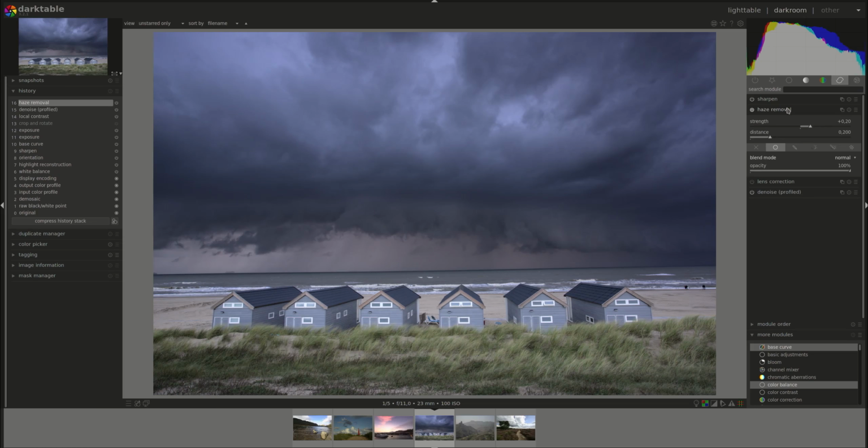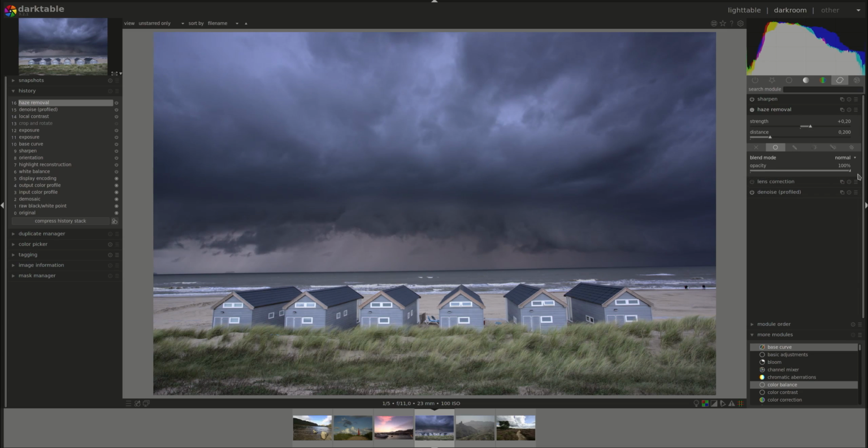You can activate blending on a module using this bar under the module. The first one is to turn blending off. The second one is what is called uniformly. Uniformly is when blending is applied to all the pixels in an image. If we click on that, now we have the blend mode, which is all the algorithms that we can use, and then the opacity, which determines the amount of blending that will be applied on the image. So if we take it back to 0, it's as if we have no blending at all, and 100 is